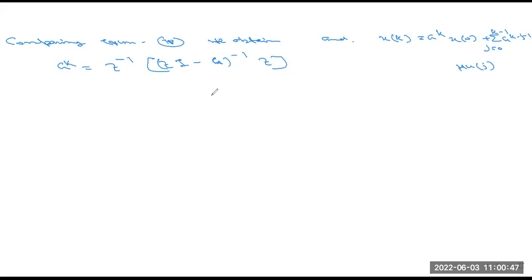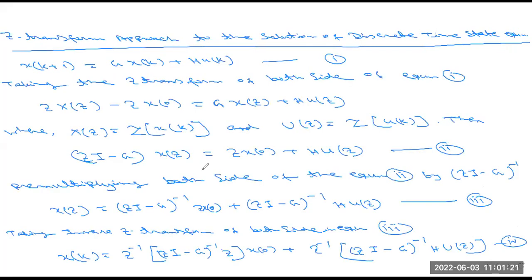Okay, so these are basically the required equations for the Z transform approach for the discrete time state equations. Okay, so after ending the class, please everyone again join. So this is basically the state equations for the Z transform approach. So a question can come like this too: how to calculate the Z transform from a discrete time state equation. Then you will have to draw this one. Okay, is it